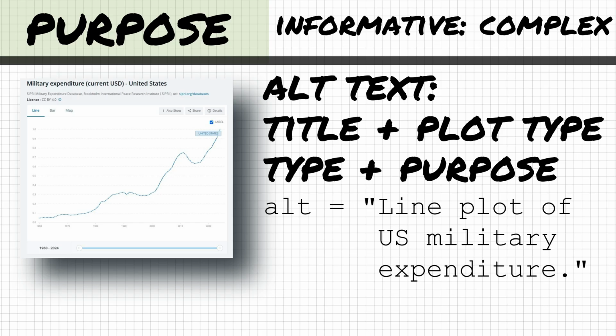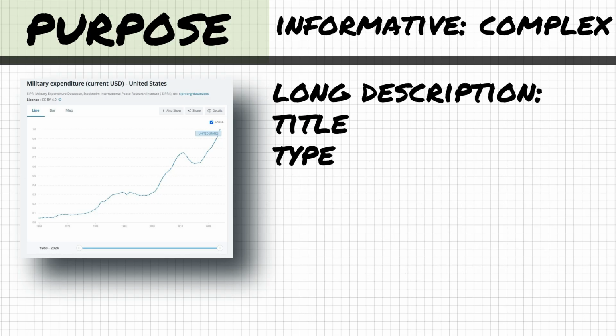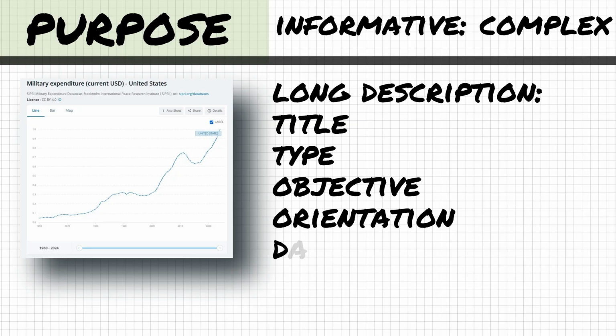military expenditure. Then in the long description include, in this order, the title of the plot, the type of plot, and the key objective of the plot. Then orient the data for reading, and then give the data. So, for example, military expenditure, current USD, United States, is a line plot that shows the growth of military expenditure over time. The y-axis shows values from 0 to 1 in tenths, and the x-axis shows years from 1960 to 2020. Expenditures increase from 0.05 in 1960 to 1 in 2020, with bumps in 1990, 2010, and 2020, and a